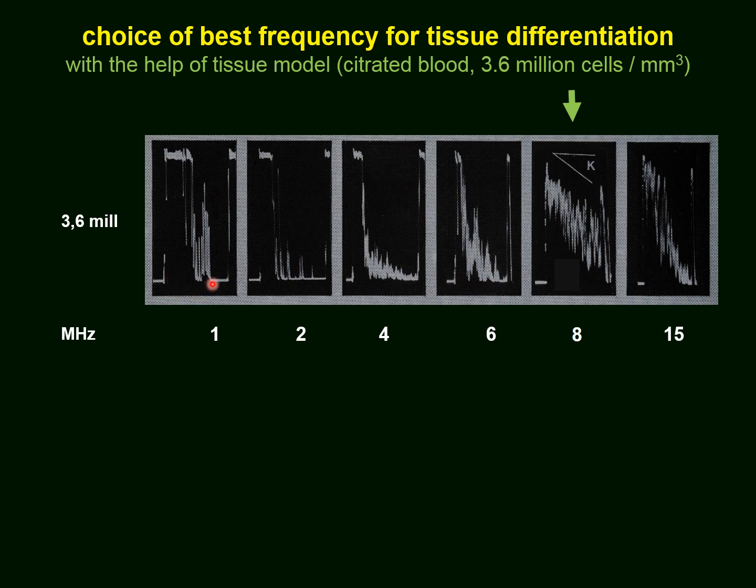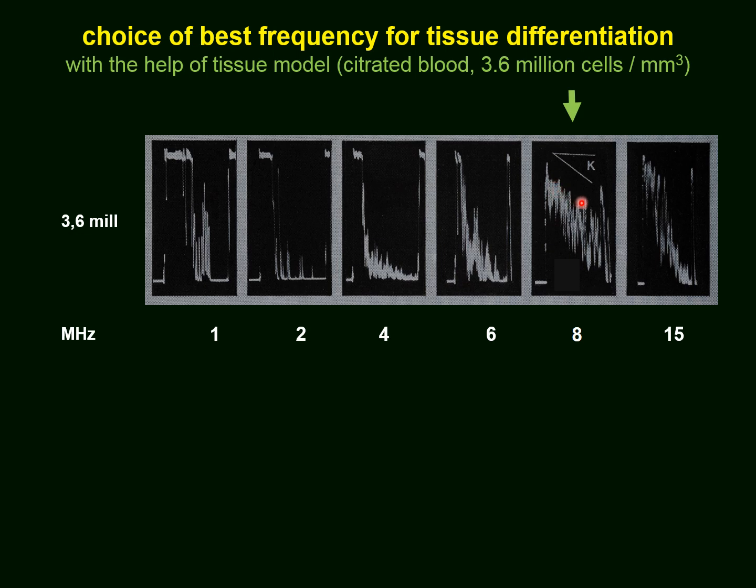At 1 megahertz we don't get any signals from the tissue model. This is the initial spike. At 2 megahertz a few, then more at 4 and 6, and the highest signals were obtained with 8 megahertz